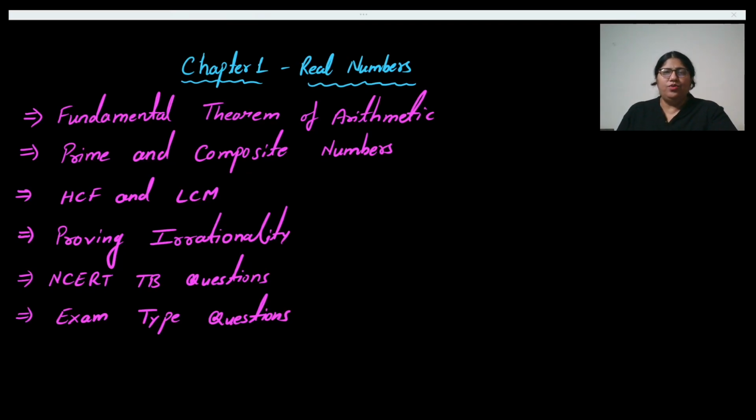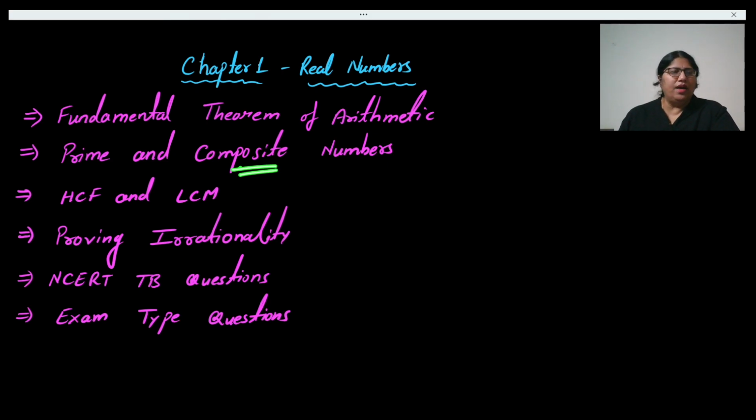Welcome to Math Fam. So today we'll be taking our first chapter of CBSE, which is real numbers. In this chapter, first we will see the concepts, what is the fundamental theorem of arithmetic. It will be related to prime factorization. Then you will have some questions where you have to differentiate between prime and composite numbers and how to check.